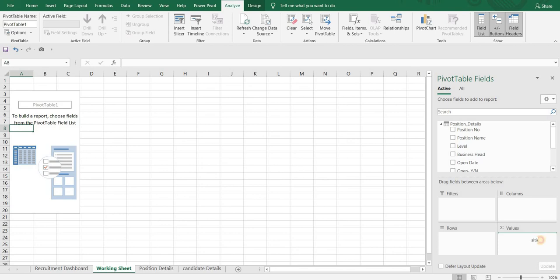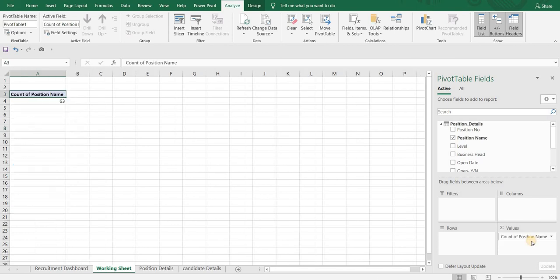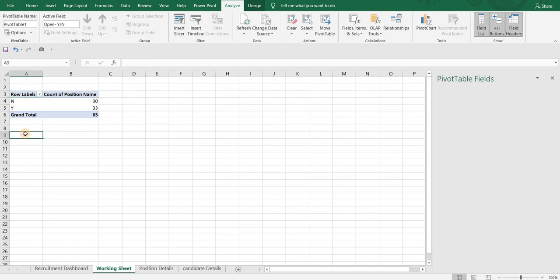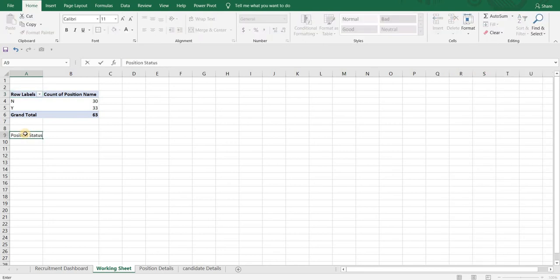And how will we know whether the position is open or closed? We will add open Y/N in rows. Now let's create a new table. Position status.